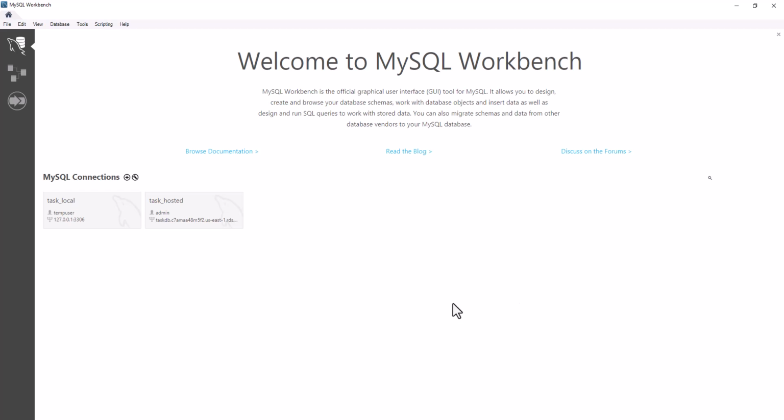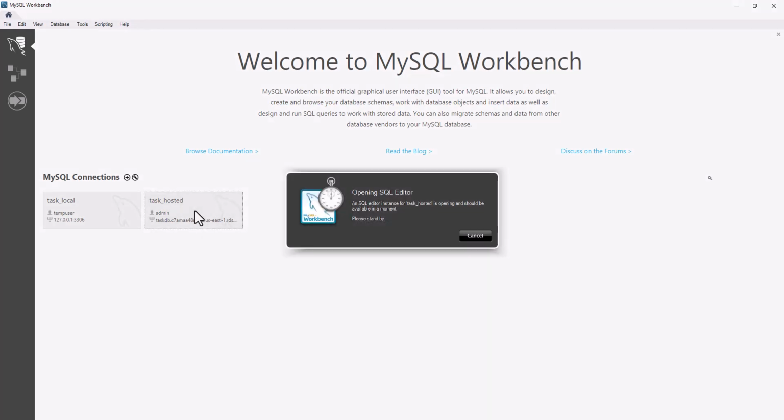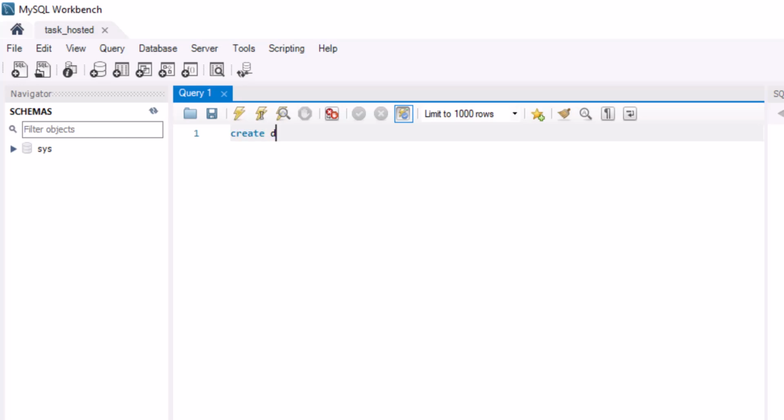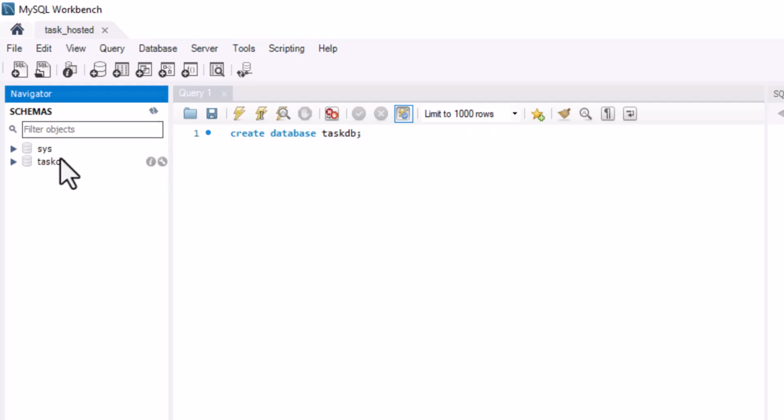Select OK, then open up our new connection. Type create database taskdb semicolon. Click on the lightning bolt to execute the script. If we refresh our schemas, we can see we just created a new database called TaskDB in our hosted RDS